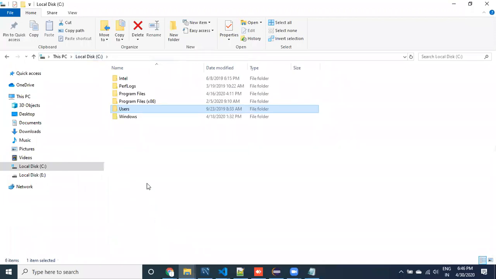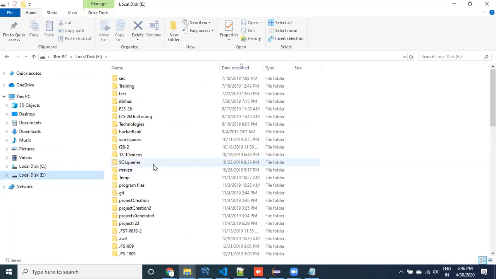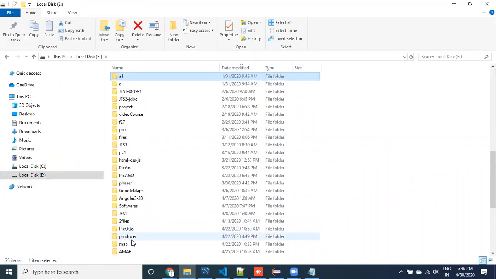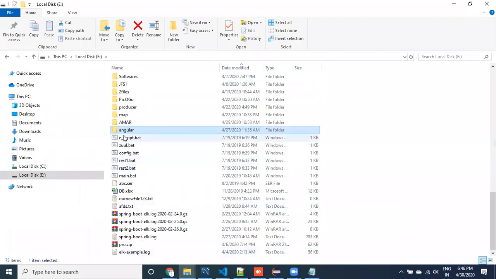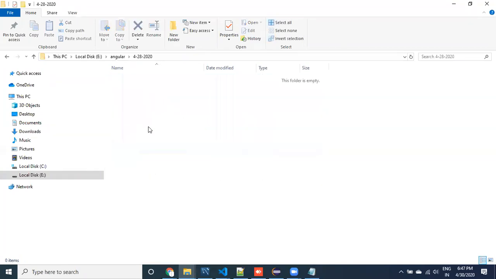Let us go to the Angular package. Here is the base package I have created.